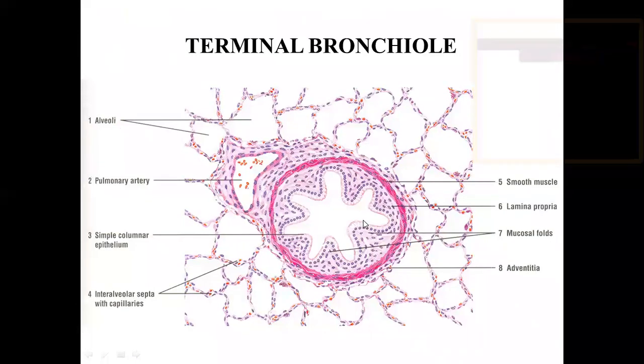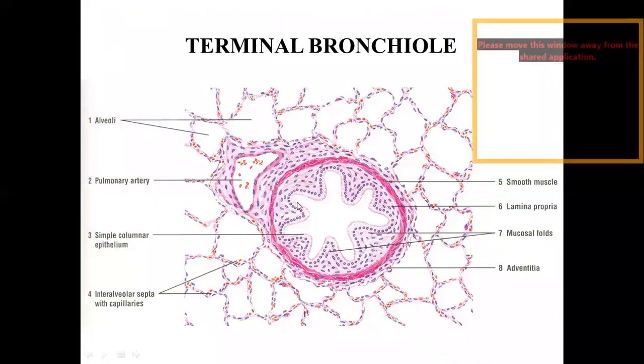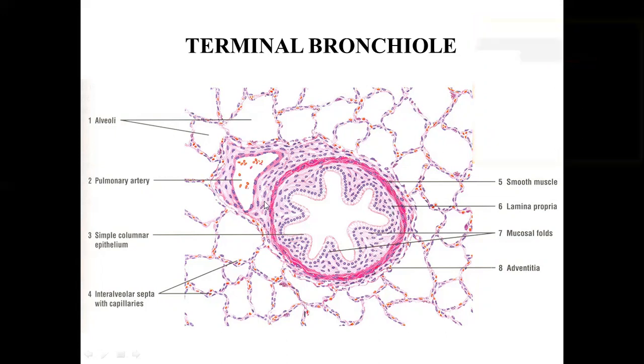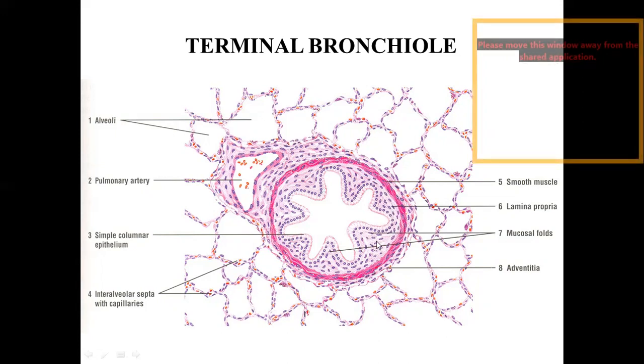After bronchus comes the division and then comes the bronchiole. When you are shifting towards the bronchiole, the epithelial lining will change: for large bronchioles it will be simple ciliated columnar, and for smaller bronchioles it will be simple ciliated cuboidal. So it will go on shifting towards the lower side. Then you have a lamina, and then you have a small prominent smooth muscle coat. As you go towards the bronchiole, the smooth muscle coat becomes prominent.